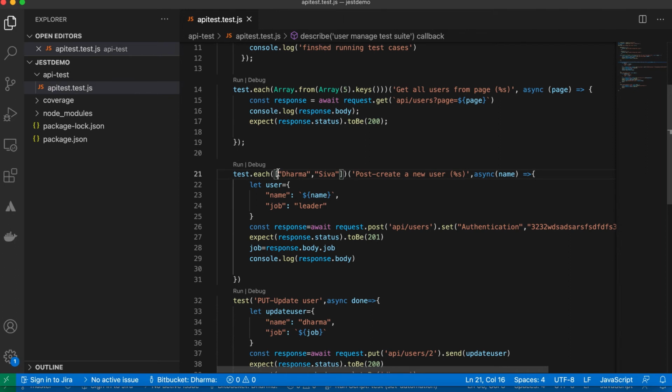Each array you can pass for each time. Like here inside, name only is there, right? Name and leader, something like that. Sorry, name and job. Instead of that, what I will put is QA.